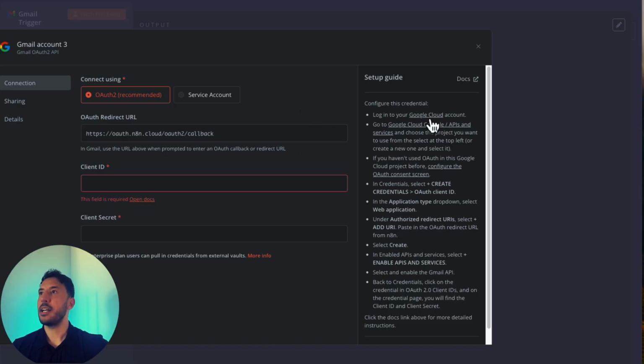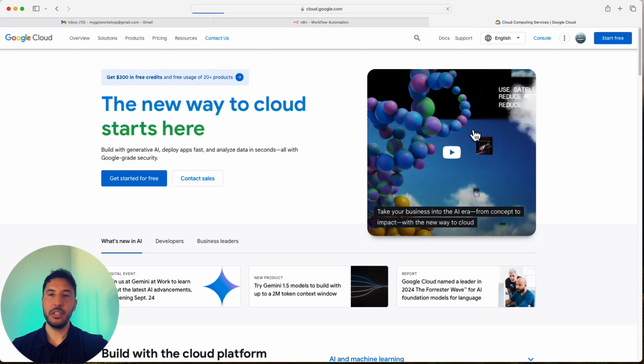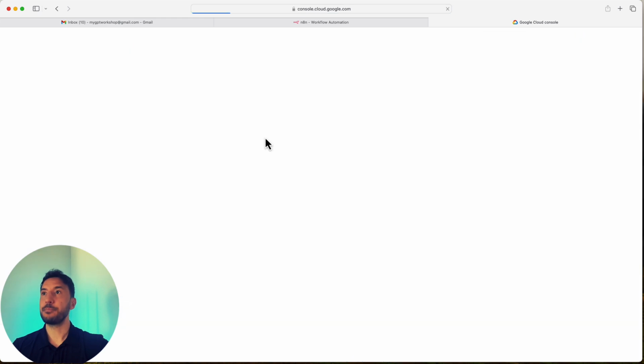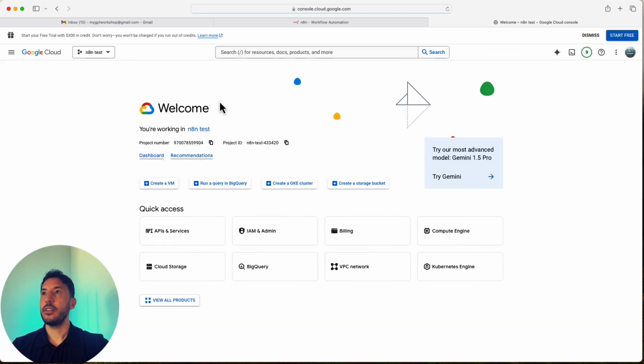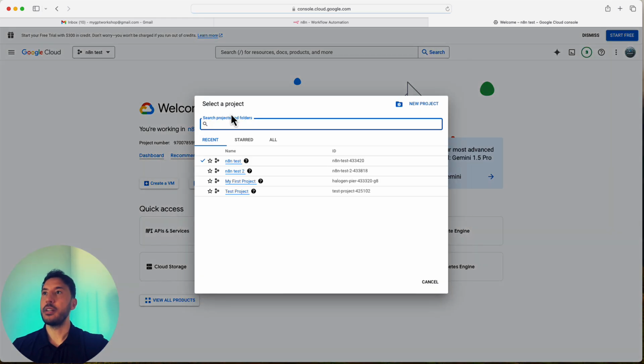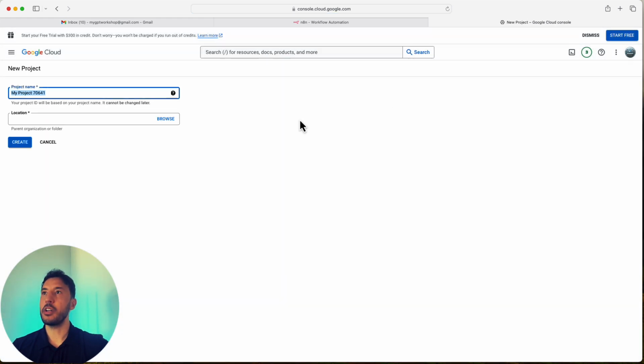So on the right-hand side, I'm going to click on Google Cloud here. You need to have a Google Cloud account. Once you create your account, if you don't have it already, you're going to come and click on Console. And you're going to come here and click on a new project. So you're going to create a new project. Obviously, I have several here, so that's why my drop down shows all these different projects, but yours is going to look blank. So you're just going to click on new project.